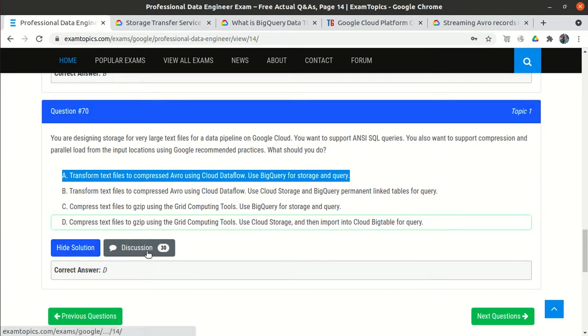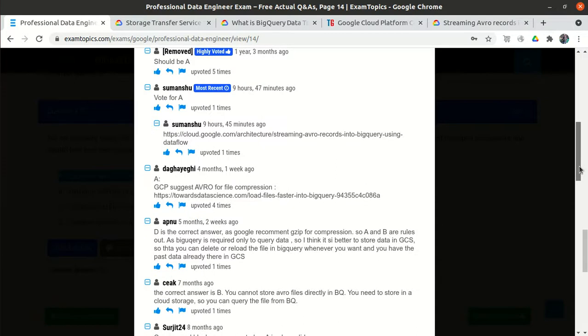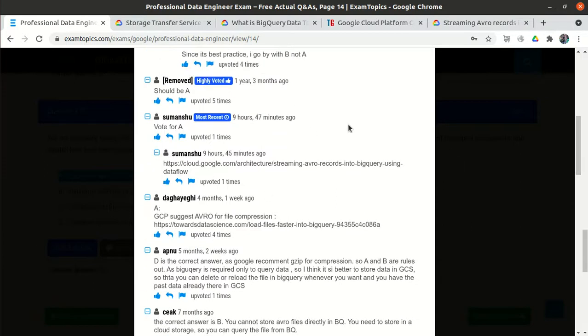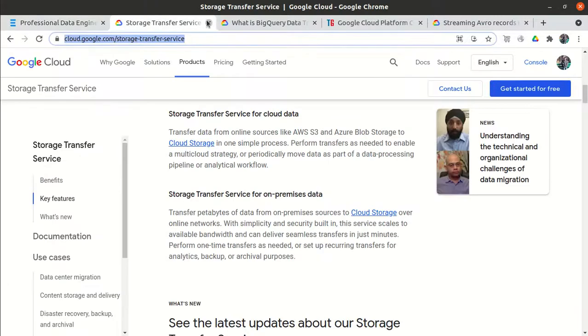Here they have said option B, but option B is wrong. Other people said option A. Let me show you.